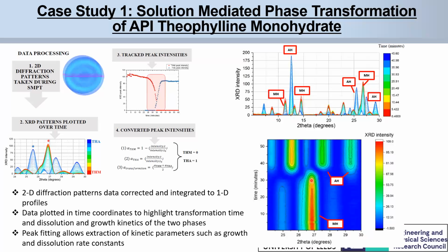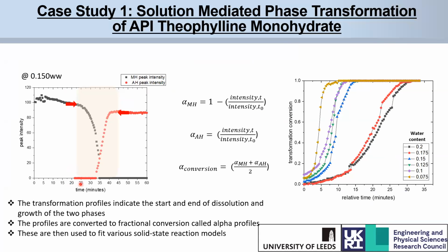You can see there's a rapid supersaturation or decrease in solids content of the monohydrate as it dissolves, and then there's a reprecipitation of the anhydrous form, which is the stable form at this temperature and water content. So just by looking at this data, we can extract information about the dissolution and growth profiles of the 2 phases, and then we can take that step further, we can start to look at the transformation profiles of these